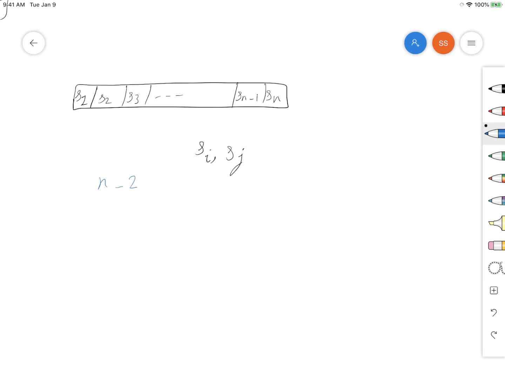So this means that we might have two keys that never lose the comparison. Let's say that these two keys are Si and Sj. One of them can be the largest one, and the other one is the one that we haven't compared, because we said that we have n minus 2 comparisons at most. So we have this array that you see here from S subscript 1 to S subscript